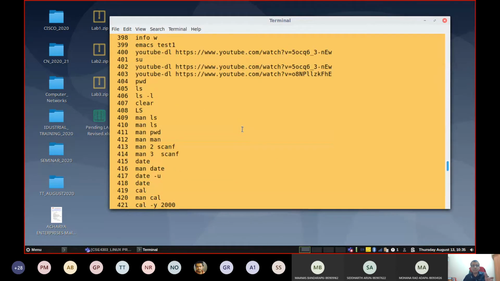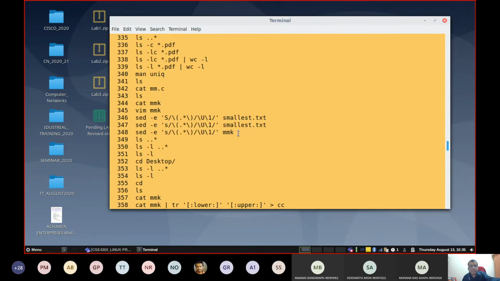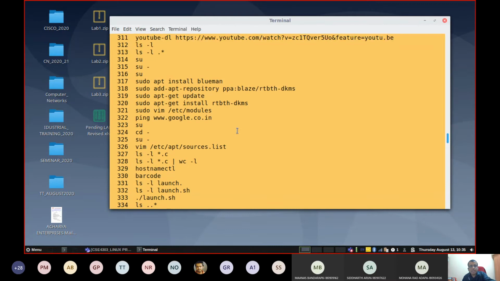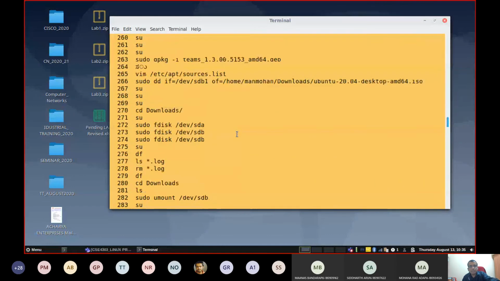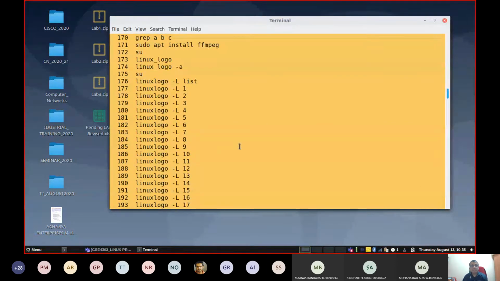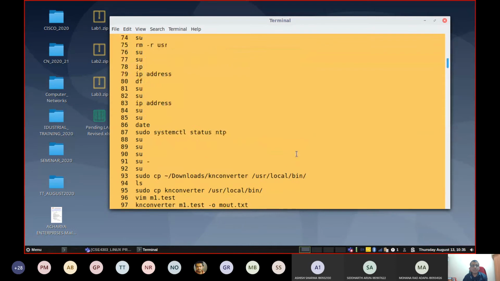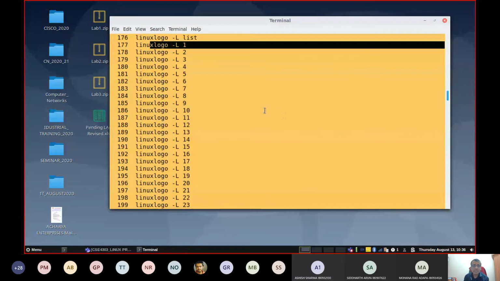See, I used to download some YouTube contents. That command is also displayed here, or some configuration commands. See, these are the different commands I used on this machine after the installation. Sir, even when we have closed the terminal, can we still retrieve our history? Yes, yes. See, all these commands I didn't work on just today. It is from long back, after installing this particular machine.